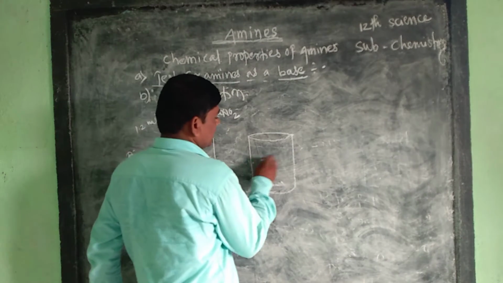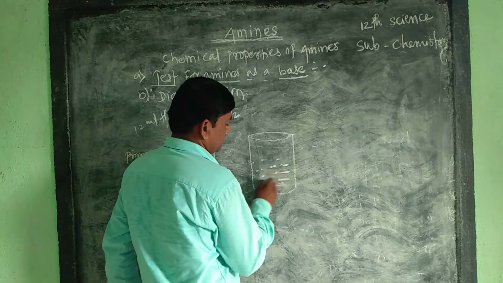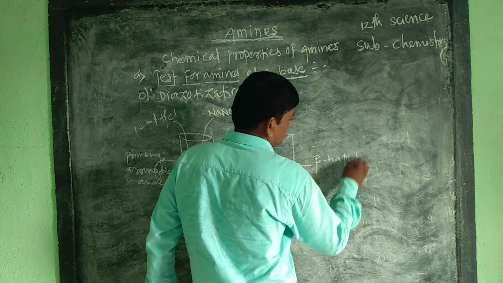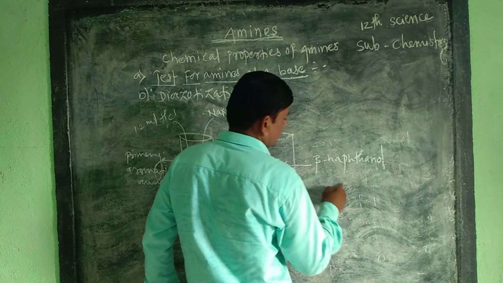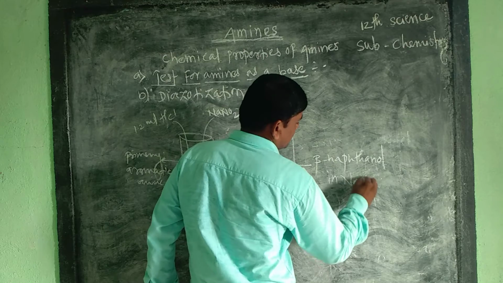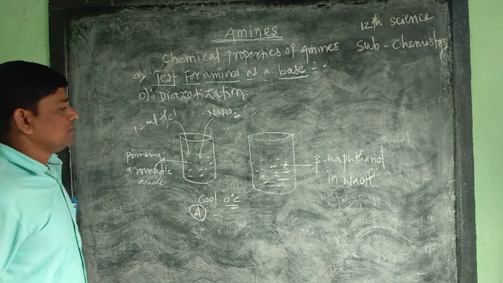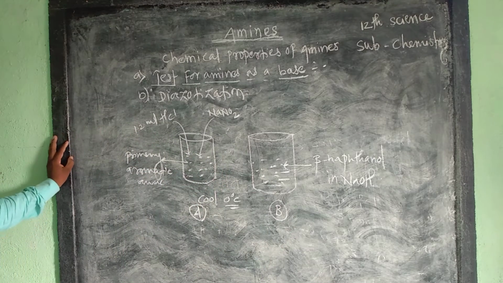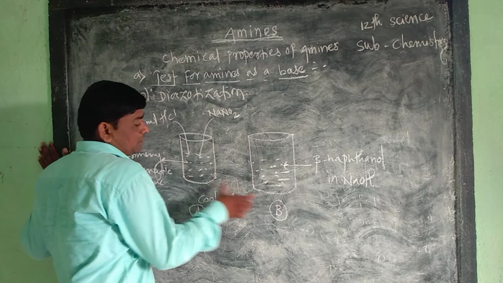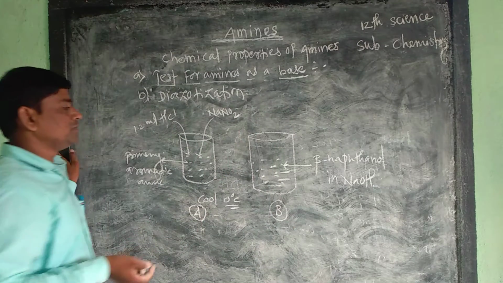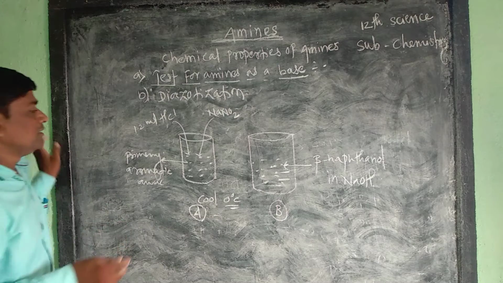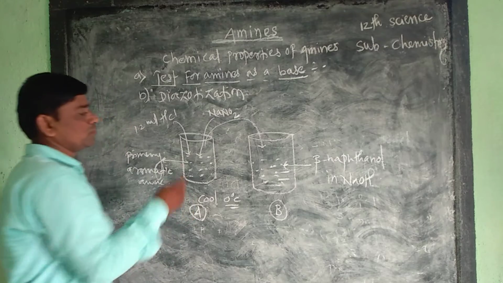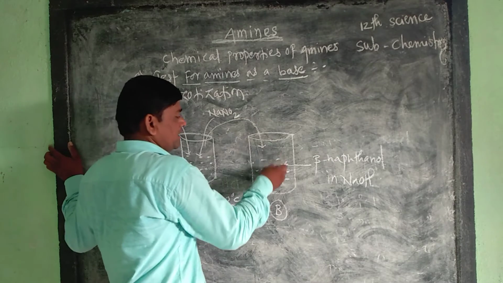Now the second test tube, or beaker number 2, contains beta-naphthol in NaOH solution. This test tube can also be cooled at 0 degrees Celsius. Then the solution in test tube A we have to add into the solution in test tube B.